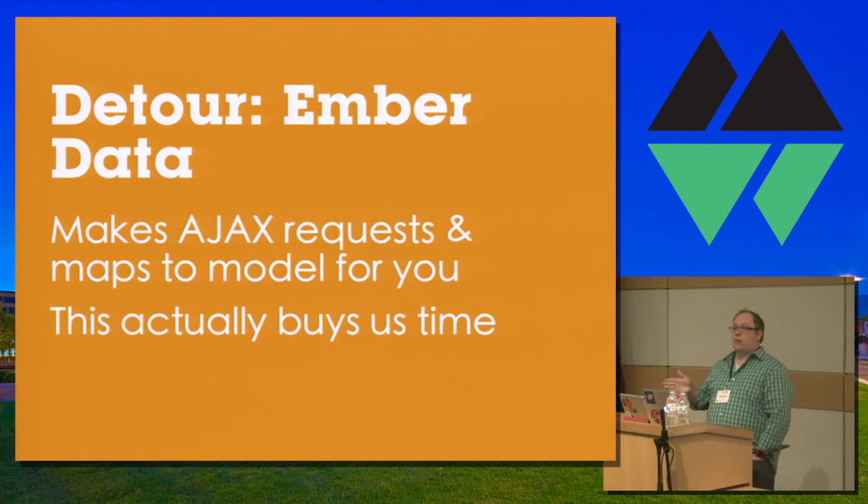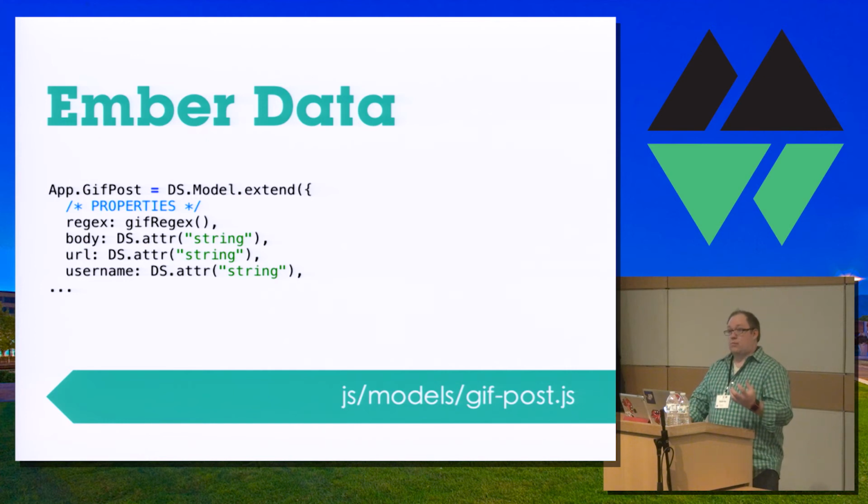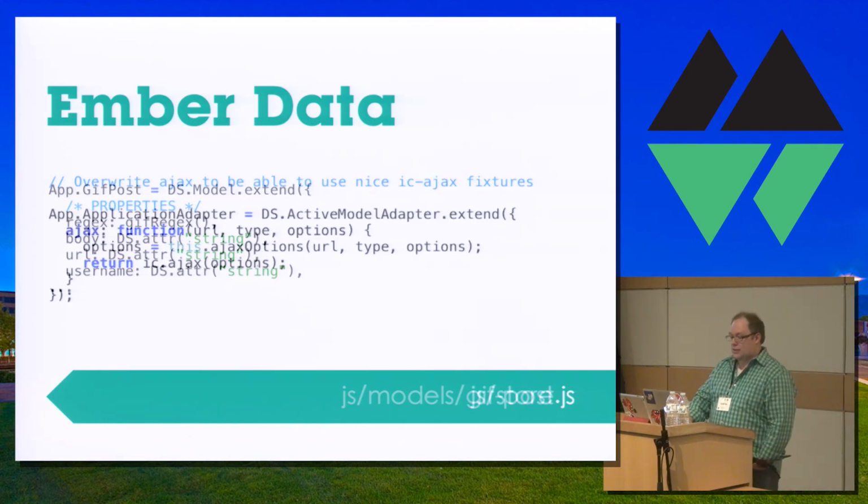We're taking a really quick detour into Ember Data, and when I say a quick detour, this actually took 20 minutes to do in real time. We'll use Ember Data to manage a global state and store of all these models. That means we need to convert our existing plain Ember object model into Ember Data, which is actually very, very little work. It took us about 20 minutes, and it buys us lots of good things.